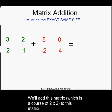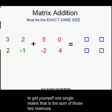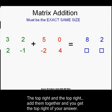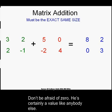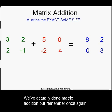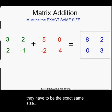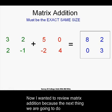And basically, well, all we did was add corresponding members. Those 2 would add up to 8. Those 2 would add up to 2. In this case, we got a 0, and a 0 could be a member. And those 2 would add up to 3. So basically, with matrix addition, all you do is add the members of 2 matrices that are the same size, and you get another matrix of that same size. Okay? I wanted to review matrix addition because the next thing we're going to do,